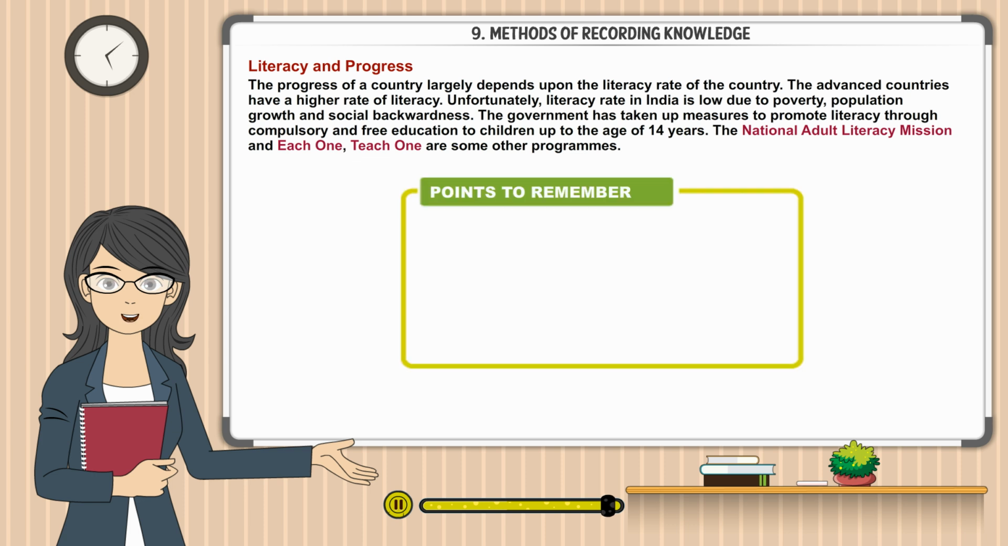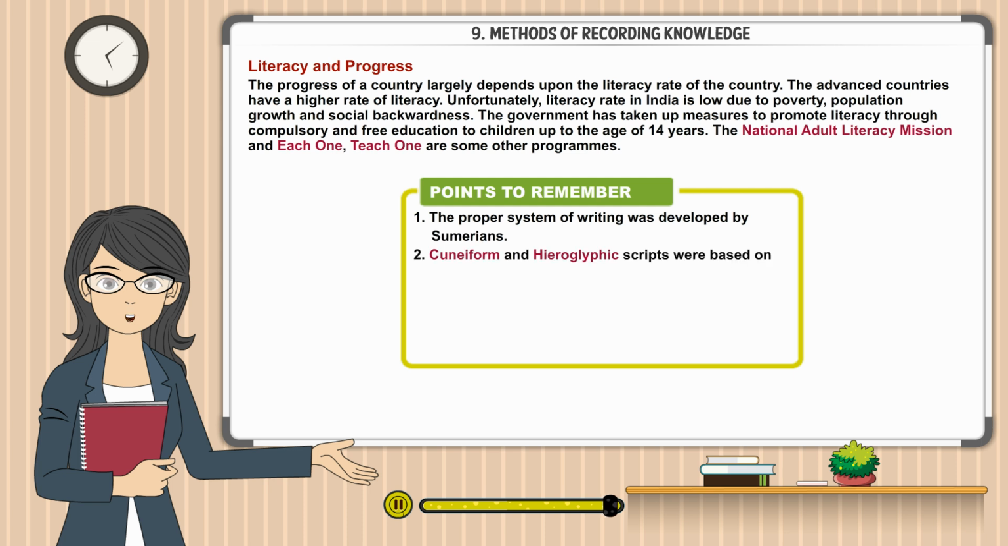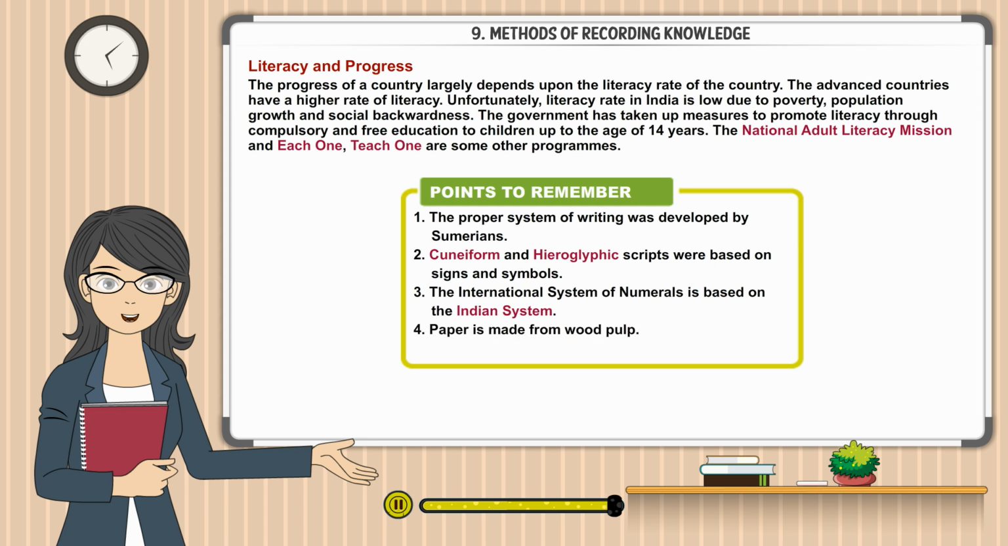Points to remember. The proper system of writing was developed by Sumerians. Cuneiform and hieroglyphic scripts were based on signs and symbols. The international system of numerals is based on the Indian system. Paper is made from wood pulp. Printing press was invented by Johannes